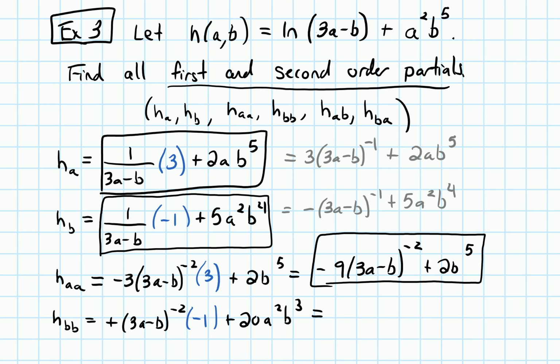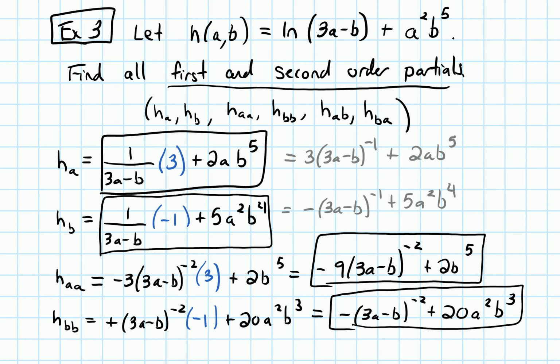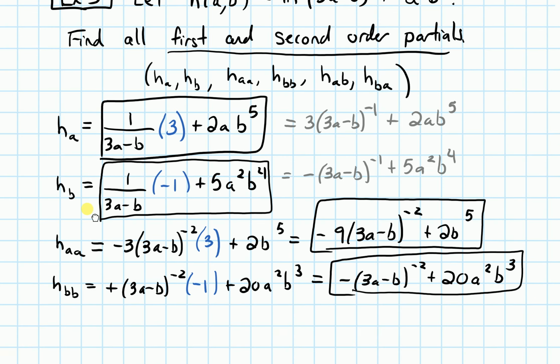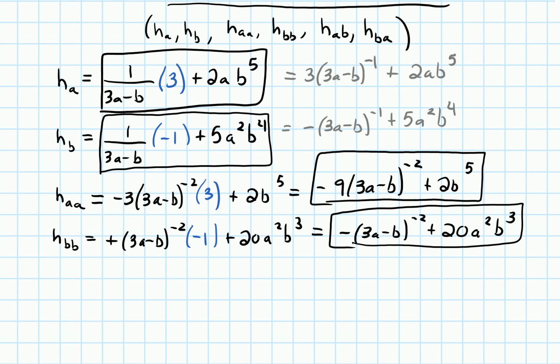Okay, so simplifying this a little bit, I could write this as negative (3a minus b) to the negative 2 plus 20a squared b cubed. All right, so that is this one. We have 2 more to do. All right, so next let's do